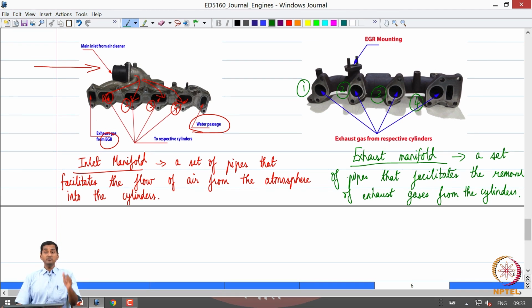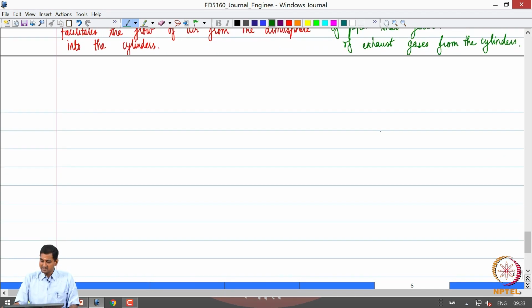And how are this intake manifold and exhaust manifold interfaced with the cylinder? The element that controls and acts as a door between the manifold and the cylinder is the valve. Okay. So, the intake valve acts as a door between the intake manifold and the cylinder, the exhaust valve acts as a door between the exhaust manifold and the cylinder. So, obviously they need to be opened at the appropriate time to do the corresponding intake or exhaust process. Okay. So, now we are going to look at valves, which are also one of the important components in an internal combustion engine. Okay.